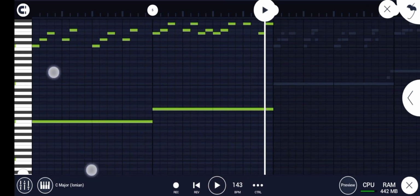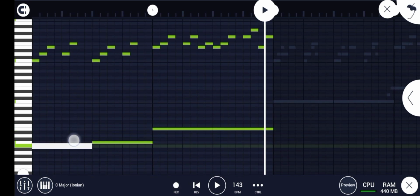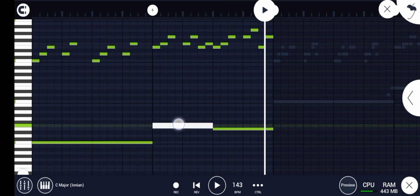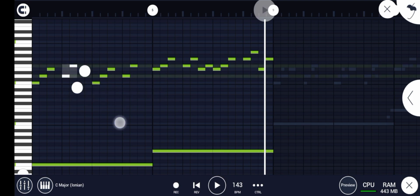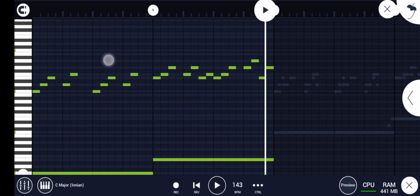As you can see, I'm using the C major scale. I started with the C chord, and then after that I added the F, is it F or E chord. Then I added the top notes on top of the bass notes, and